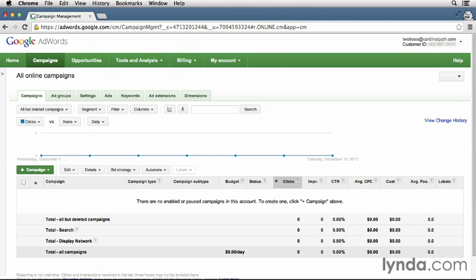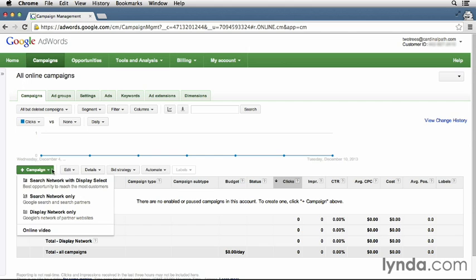Let's go through the process of creating your very first AdWords campaign. On your first login, you'll see a button directing you to create your first campaign. But after you've clicked that the first time, you'll create all of your campaigns from this screen. In the Campaigns subtab under the Campaigns tab, you'll click the green Plus Campaign button and see a list of